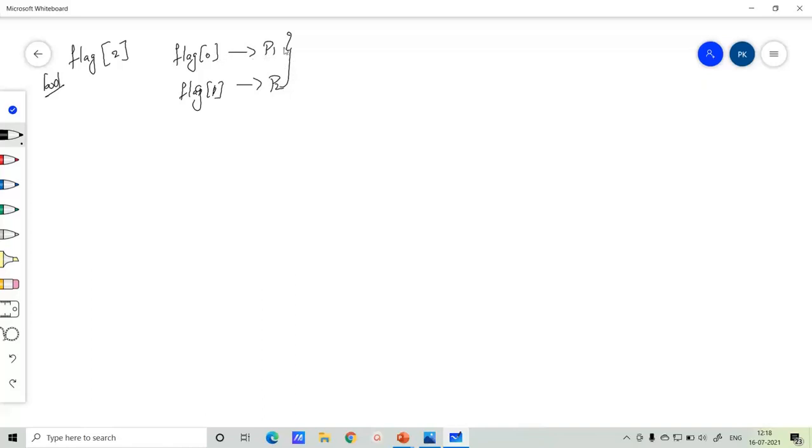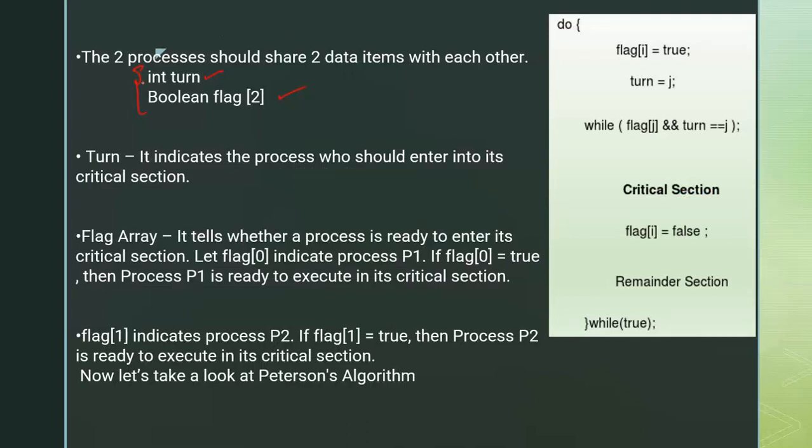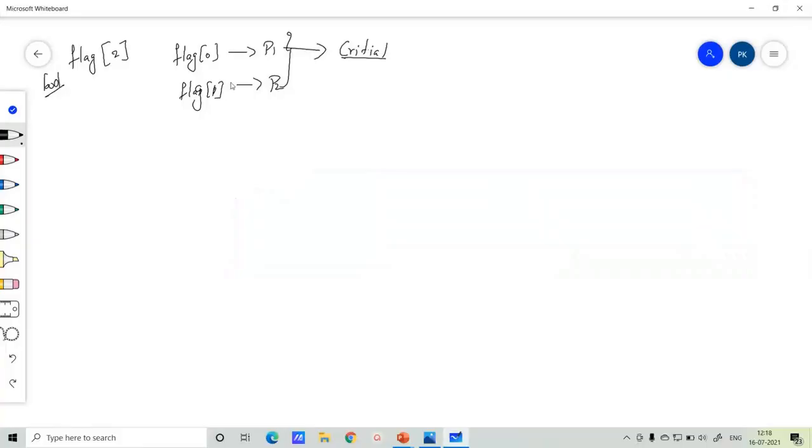We have two processes, process 1 and process 2. Now if process 1 wants to enter into the critical section, what it must do is, as we discussed, we'll have two variables. One is the integer turn and one more is the boolean flag array. Now this flag array will be representing the number of processes. If you have n processes, then this value instead of 2 will be n. Since I am taking the example of two processes, I'll consider the flag array to have the size 2.